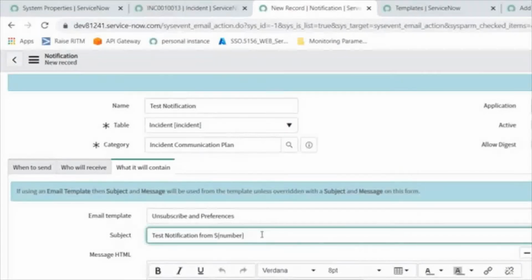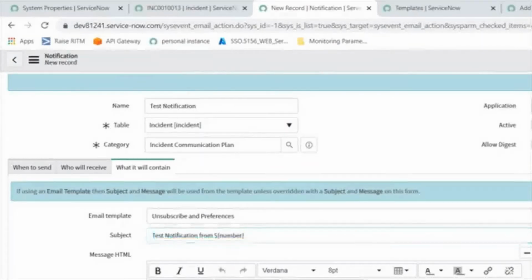That is the point here. In the body you can write whatever you want to display. Here I want to display the number, so I write dollar symbol, braces, and in between you pass number. That means you are getting a dynamic value, right?